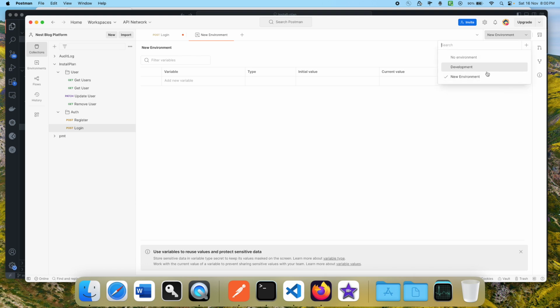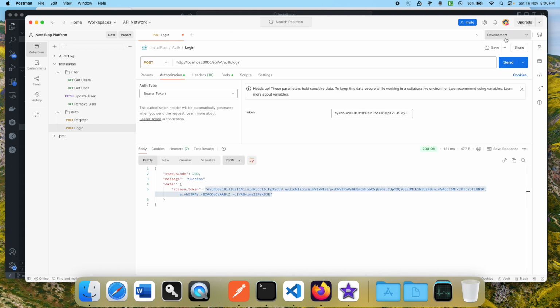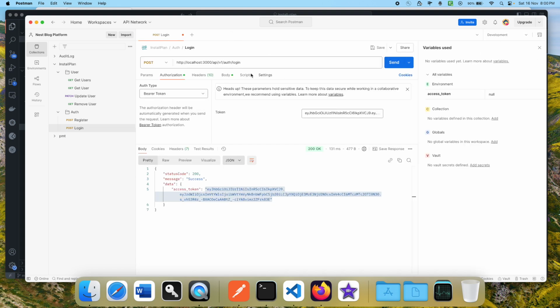So I have one environment that is development. So what I'm going to do, I'm going to show you there only. So once you create an environment, I don't know why this is not showing. Let me just close it. If I go in environment